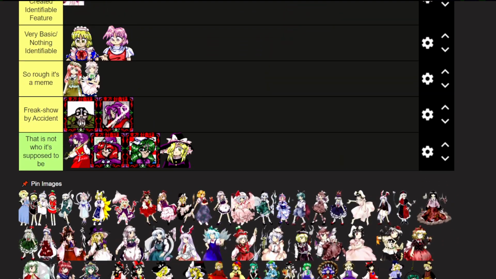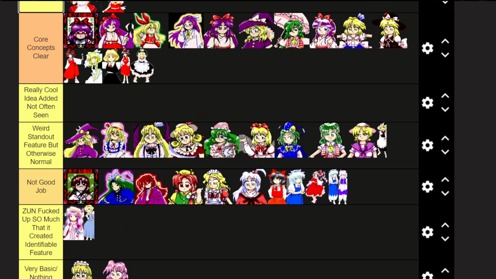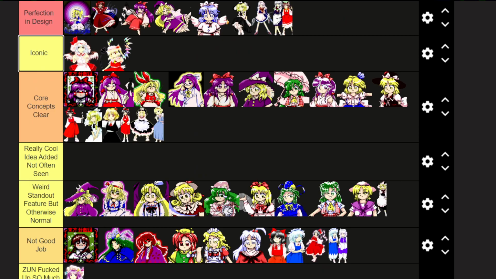Iconic. Everything is covered there. Alice is fine. It's not iconic. It's not perfection. There's a lot of pink on her. Her outfit is also very not